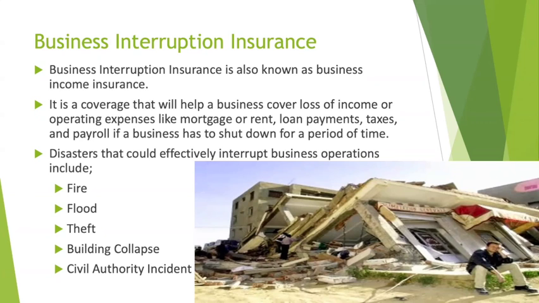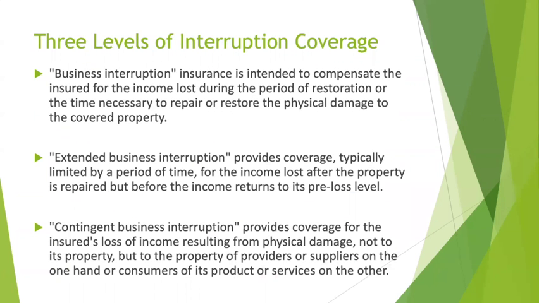It is not an insurance that is designed to put you into a better, more profitable position than if you had been able to operate and not have that interruption. Disasters like a fire in the building or a flood or a theft, building collapse, a strike, or a riot where you would be affected could be types of coverages that could be covered under this business interruption coverage.